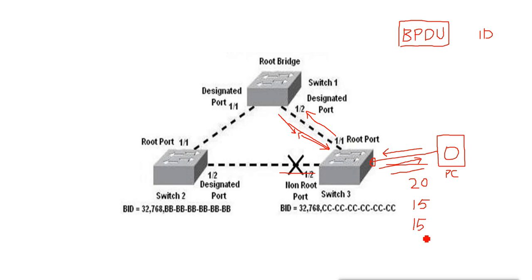So it will not forward any data. That means totally, if you see, for 50 seconds the switch port will remain without sending any data. It will show an amber blinking LED light. Then after that it will go to the forwarding state. When it goes to the forwarding state, it will start forwarding the data, and the LED light will become green, and that means you can send and receive data on that port.